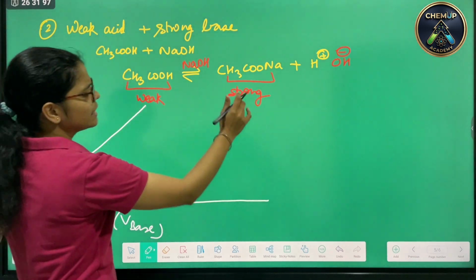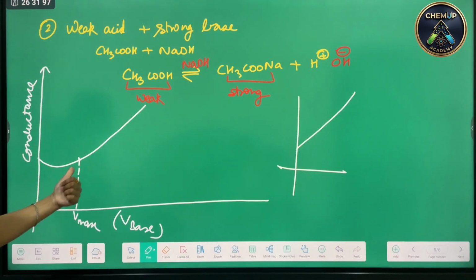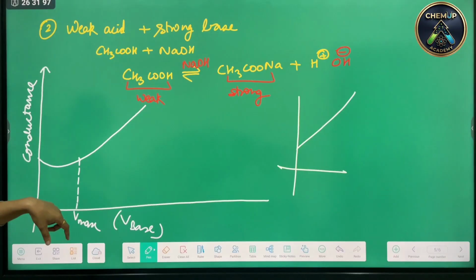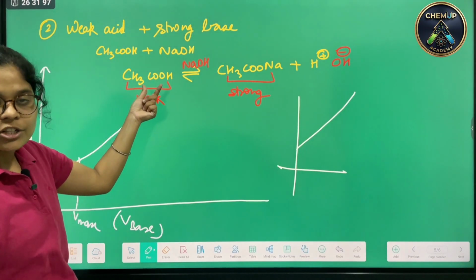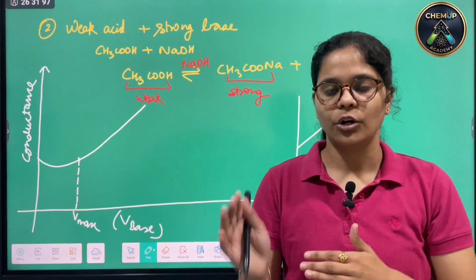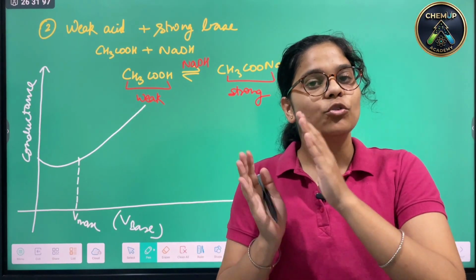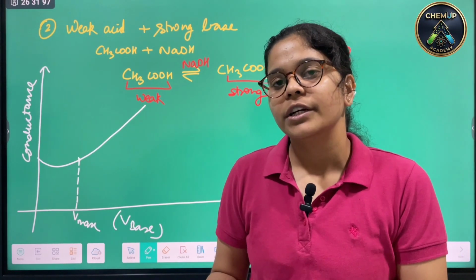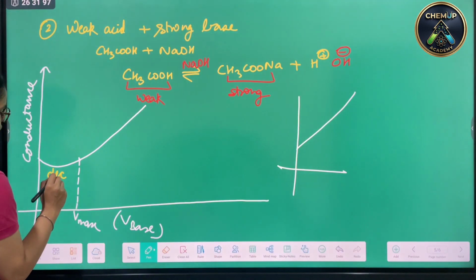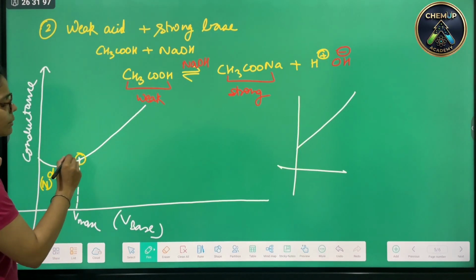We can say that it should increase. The graph obtained should be like this. Why are we obtaining this decrease? Why is there a decrease in the graph itself? So the decrease could be explained because this CH3COOH is a weak acid, and here we have NaOH. We are adding NaOH, that means the base, to the weak acid. Therefore, the neutralization reaction will occur. Once the neutralization is completed, we can move on forward. The time the neutralization takes is leading to the decrease in the curve. This decrease is due to the neutralization reaction. Now, once we have reached the equilibrium point,